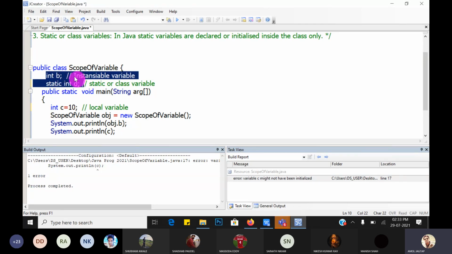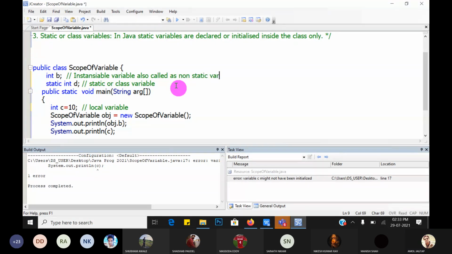One is called the instantiable variable and one is called the static variable. The instantiable variable is also called the non-static variable. Instantiable variables mean that the value of that variable depends on the instance of an object.